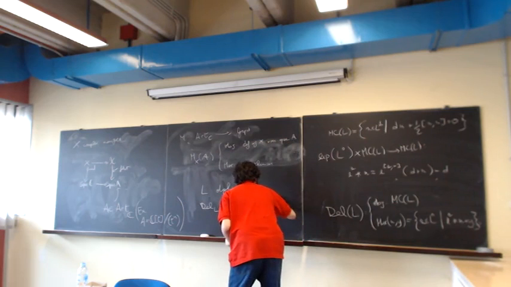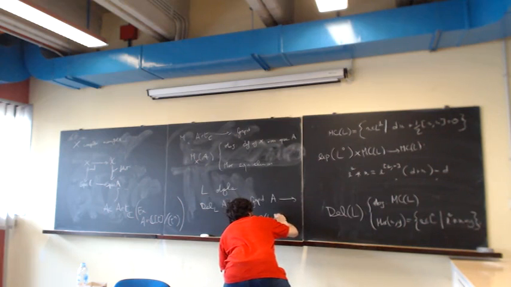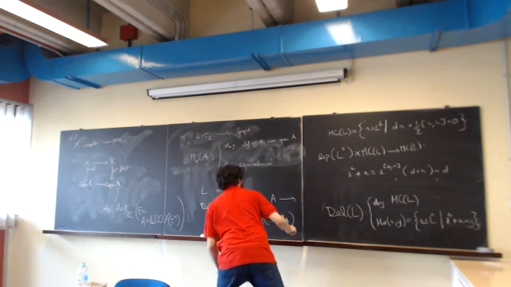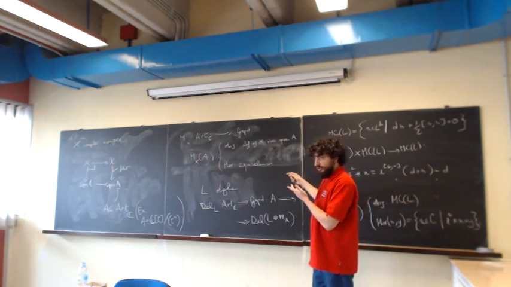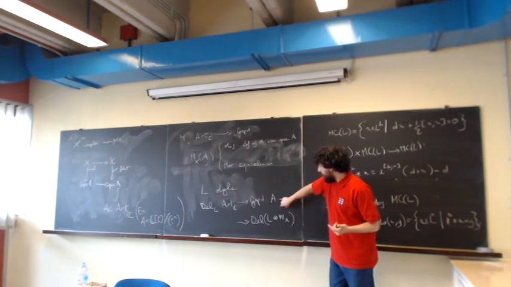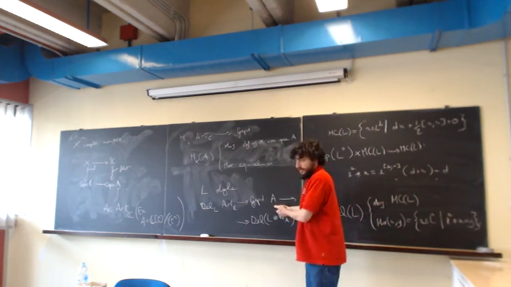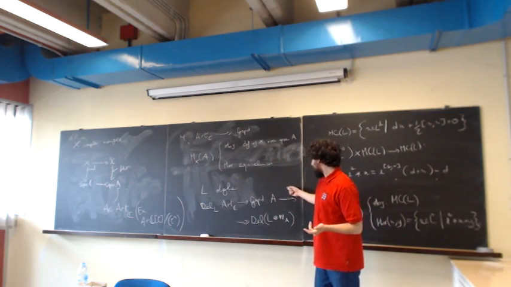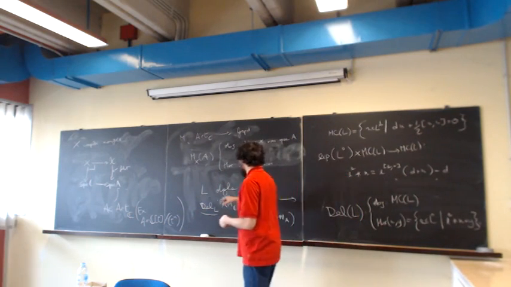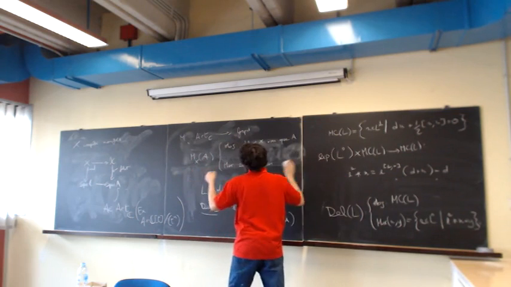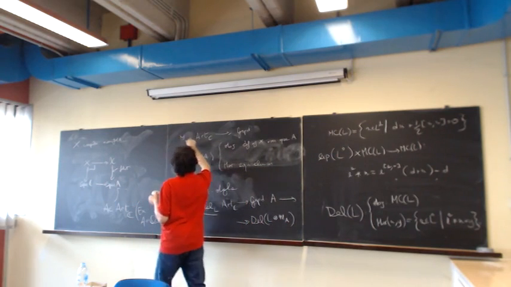which sends A to the Deligne groupoid of L tensor the maximal ideal. Now, if A is Artinian, the maximal ideal is a nilpotent algebra. There is a DGLA structure here given by scalar extension. And this is nilpotent, so the Deligne groupoid is well defined, and so any L defines such a functor. To say that the DGLA L governs a formal moduli problem seen as a functor in this way